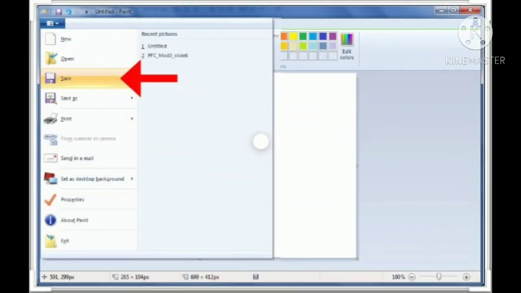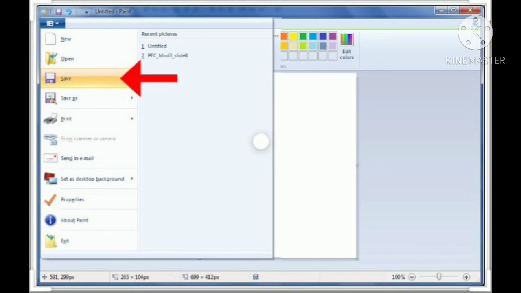How to save your drawing. When you finish drawing and coloring your picture, then you may want to store the drawing that you have made. You store it in your computer. The task of storing the work in the computer is called saving.